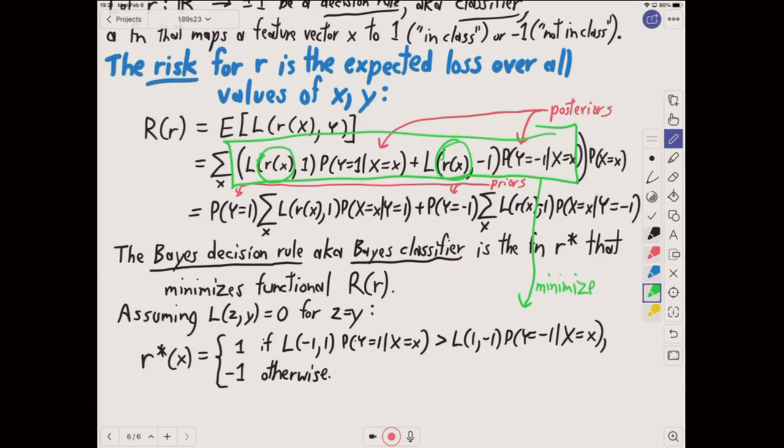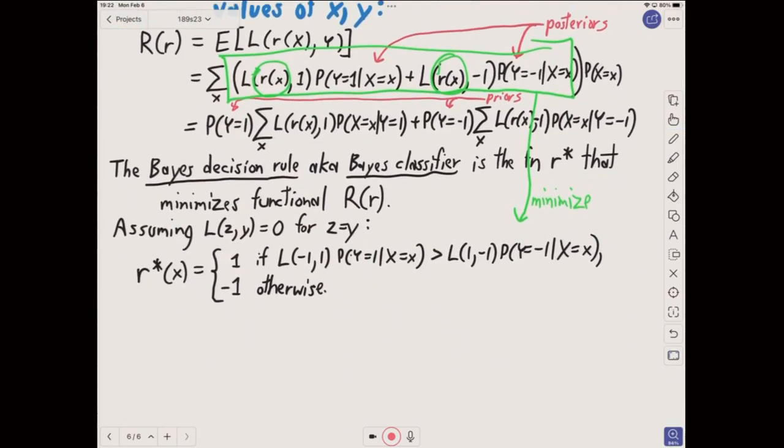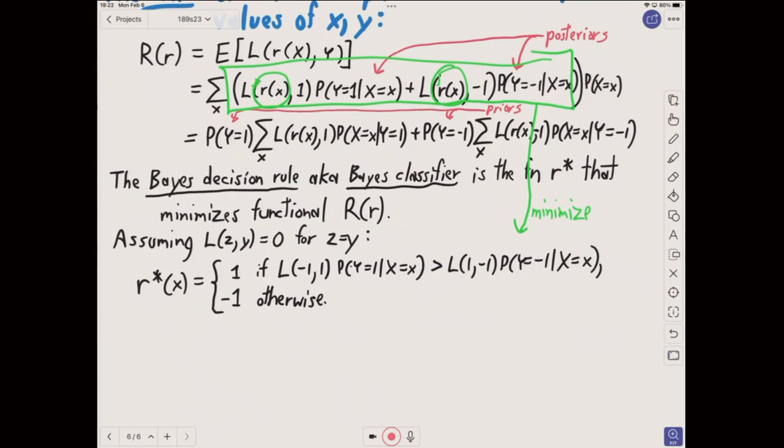And so this conditional here just tells me which of the two terms are bigger, and therefore I should choose the prediction so that the bigger term never comes up. So, in the case when you have a symmetric loss function,